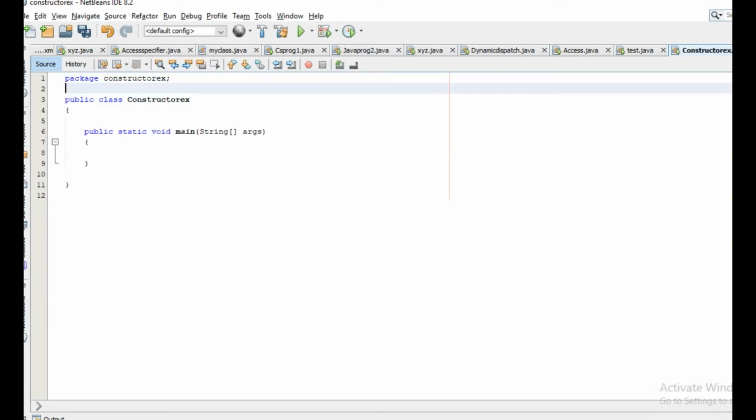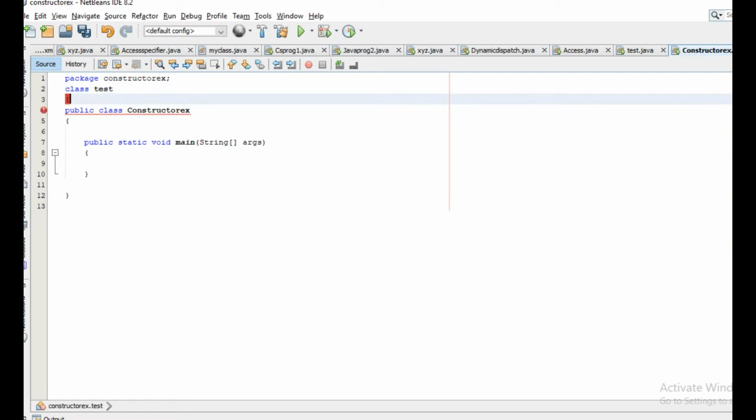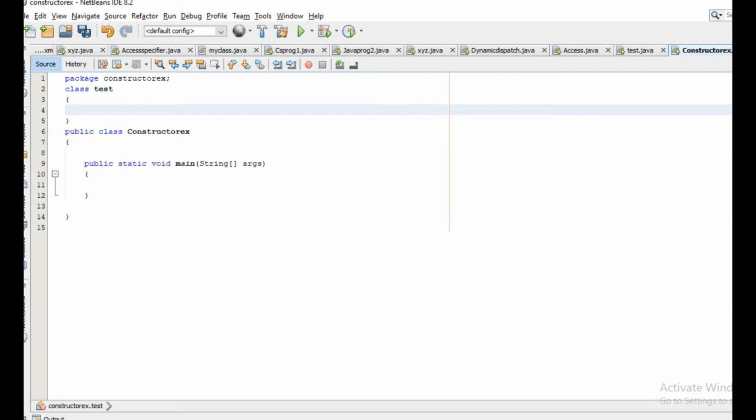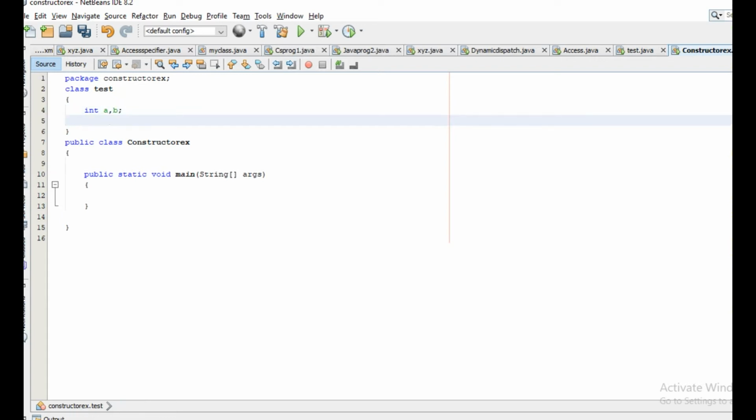To demonstrate the working of constructor, let us create a new class. Suppose class test. Let us define two variables, int a and b, and create the display method, void display.